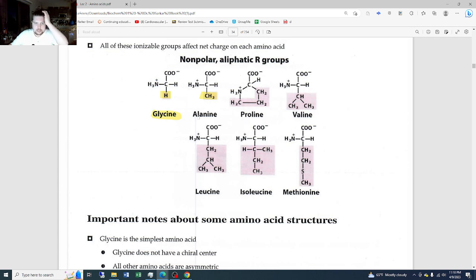So we have glycine, alanine, proline, valine, leucine, isoleucine, and methionine, which are all of our non-polar amino acids. And let me see if I can find something real quick